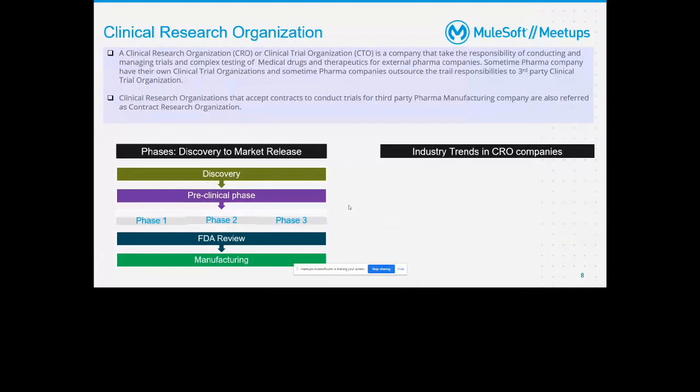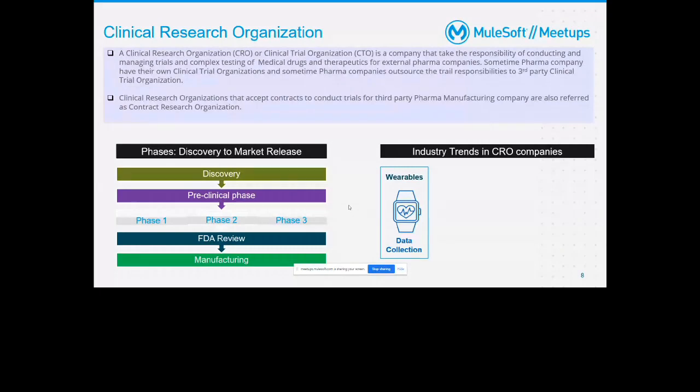But during the pandemic it was realized that something needs to change, because the entire trial process for a new drug, from discovery to manufacturing, took almost a decade to complete. It's 10 to 14 years on average. But the pandemic showed us that we need to come up with a COVID vaccine within a year. So the challenge was huge, and that's why clinical trial organizations are gradually adopting new digital technology to expedite this trial process, as well as the entire life cycle of drug manufacturing.